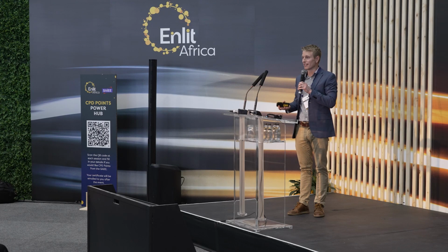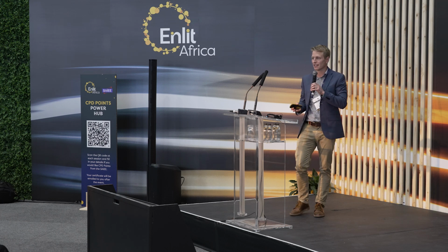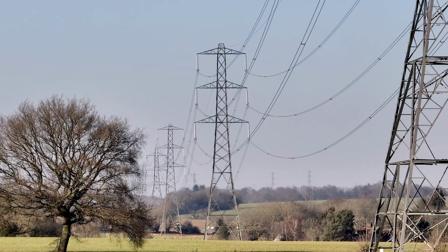Looking at wheeled energy solutions, firstly, a client needs to understand who their service provider is, who is supplying that electricity to their property. In the South African context, clients have a few options that they can pursue from a wheeled PPA solution. If they are an Eskom connected client, they can look at a direct bilateral Eskom to Eskom